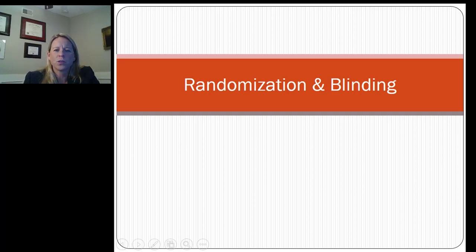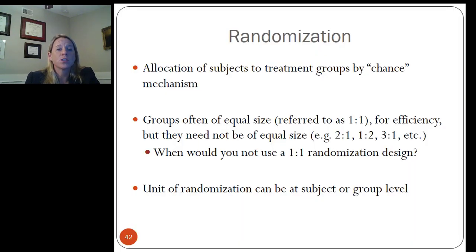So now I'd like to talk about two important concepts that are unique to clinical trials: randomization and blinding. Randomization is the allocation of subjects to treatment groups by some chance mechanism. Oftentimes you will read or see a study where the randomization was performed in a 1-to-1 ratio. All that means is that there was an equal number of subjects enrolled in one group compared to the other